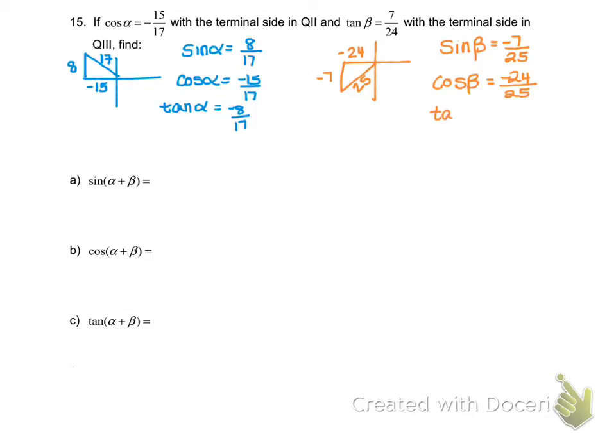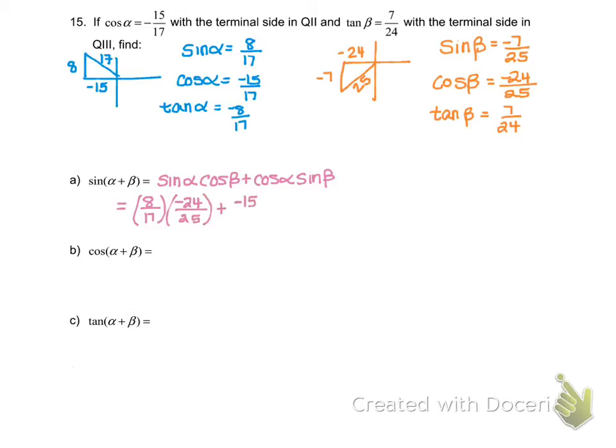And tangent of beta equals 7 over 24. So now we figured out all of our sine, cosine, and tangent values, and we're just going to apply them in the sum and difference formulas. So the sum of sines is going to give us 8 divided by 17 times negative 24 over 25